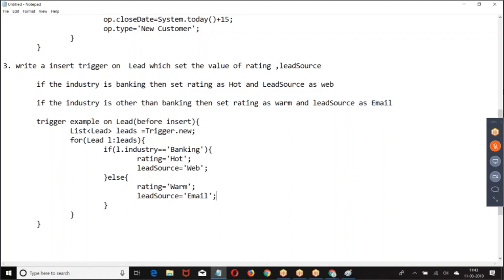Everyone is good with that? Satish, it should be L.rating, L.leadSource. Yeah, you're right. This is what we have done. Right, boss? Next one. Now everyone has followed this context.